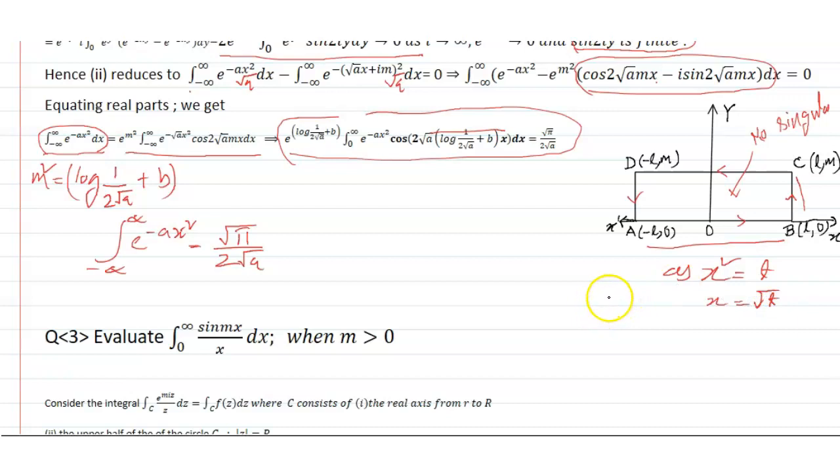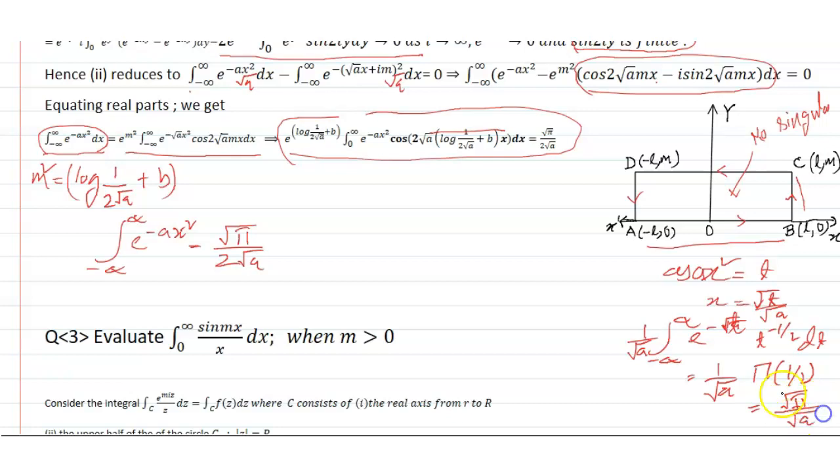The integral from minus infinity to infinity of e to the power minus a x square, with a x square equal to t, so x is equal to root over t by root a, becomes e to the power minus t, t to the power minus half dt, so it is 1 by root a gamma half, which is root over pi divided by root a. So this value, and now you will see that